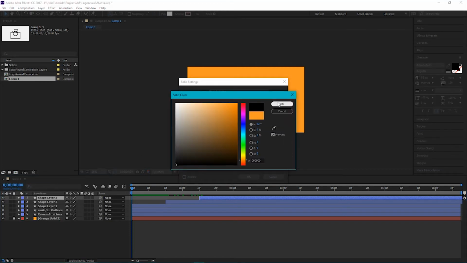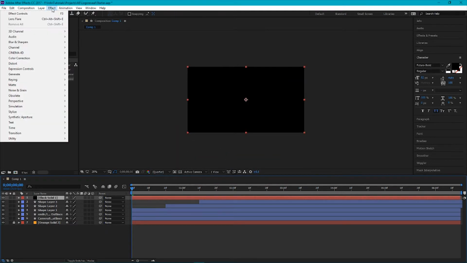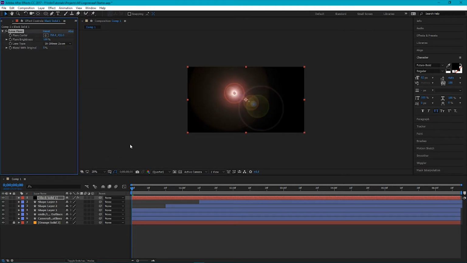Change color to black and click OK. We have this layer. Second step is to go to our effects and add a lens flare here. So go to effect, generate, and here we have lens flare effect. Add it to your black solid, and then I want to reduce the brightness of our lens flare and move the center to, let's say,